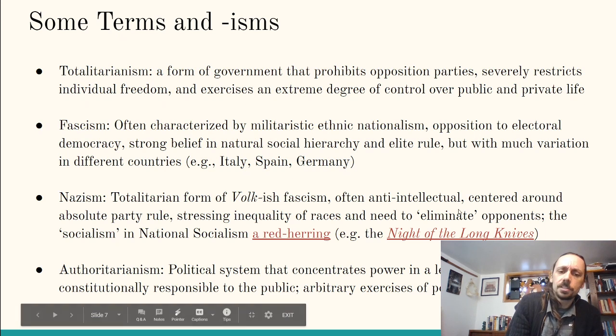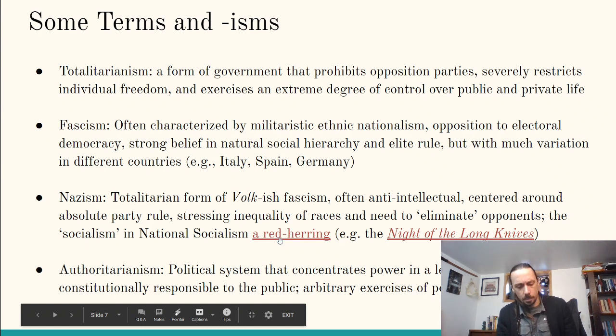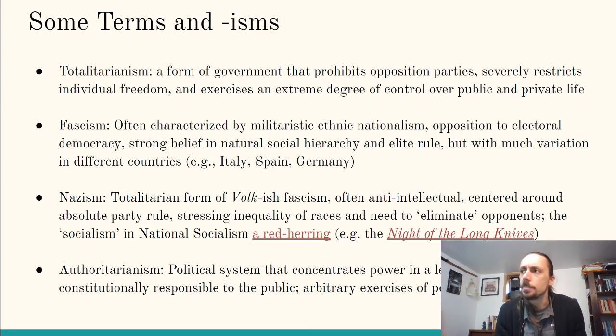I have a couple links here. This link is a historian's analysis of the economy under Nazi Germany, which was not a socialist economy. The Night of the Long Knives here is, of course, a purge by the Nazi Party of any elements that were opposed to Nazi rule